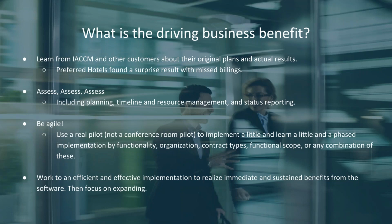I think the second thing in terms of driving the business benefit and the importance of starting with outcomes is always to be assessing. How are we doing with our planning on one side and delivering? And on the other side, are we accomplishing the business goals? If not, why not? Did we have the wrong business goal in the first place? Did we have the wrong outcome? Make sure that we switch the outcome, and oftentimes the things we find can lead to better outcomes than where we started. And certainly from an Agile standpoint,